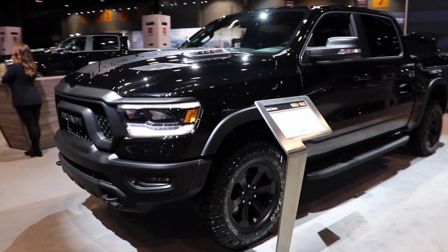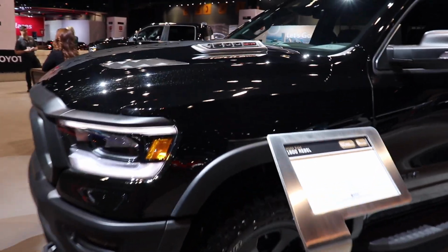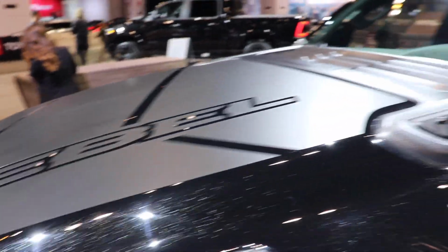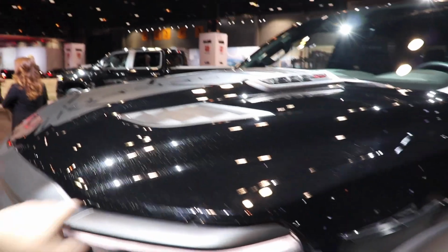Hello YouTube, today I'm at the Chicago Auto Show taking a look at a 2020 Ram 1500 Rebel with the all-new 3.0 liter EcoDiesel engine. This particular one does have the graphics package on the hood. As you can see, you have your 3.0 liter EcoDiesel badging, your hood vents,